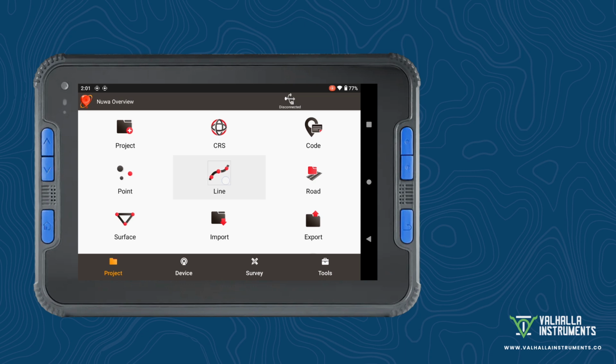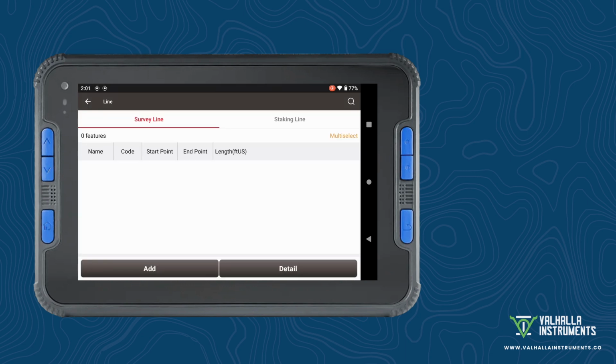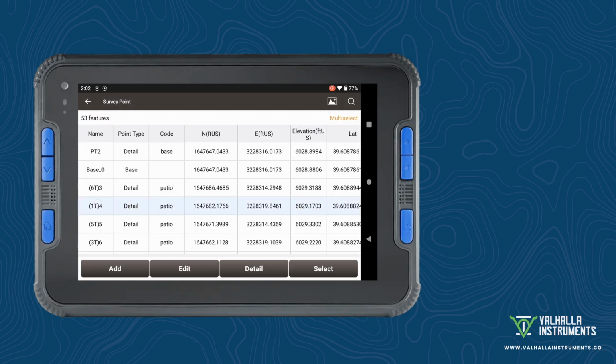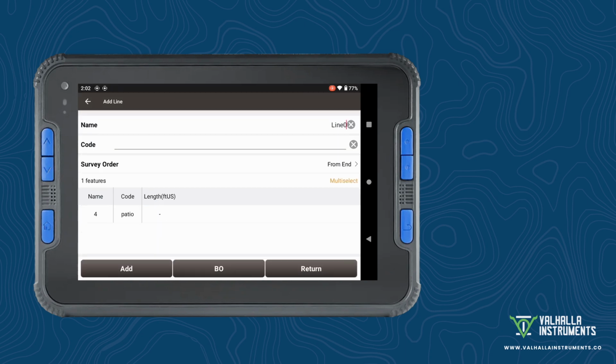Next is line. Under line, we have survey and staking line as the options at the top. If you select survey line and hit add, you can give it a name, a code, and then you can add points to that. Under staking line,